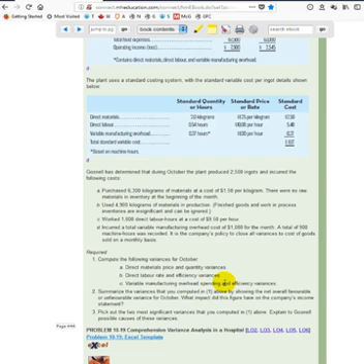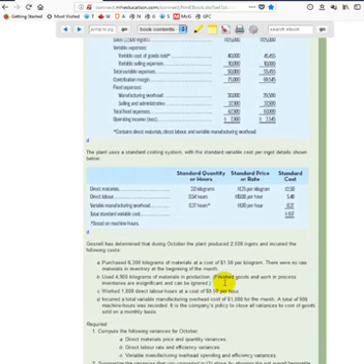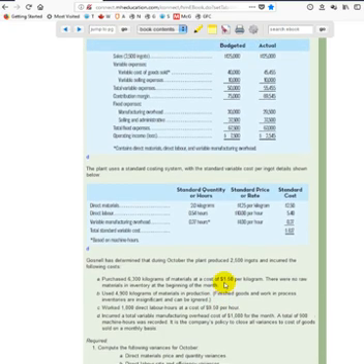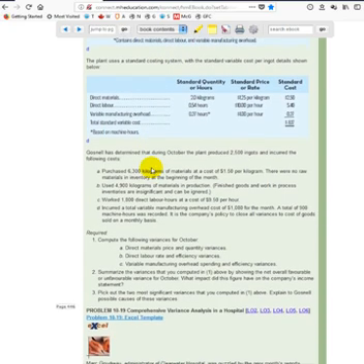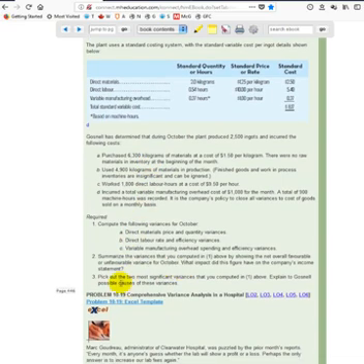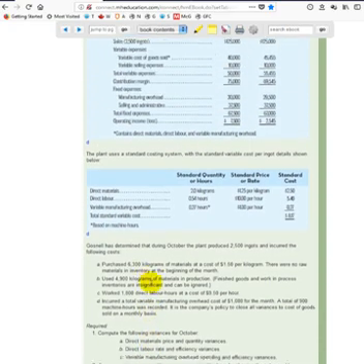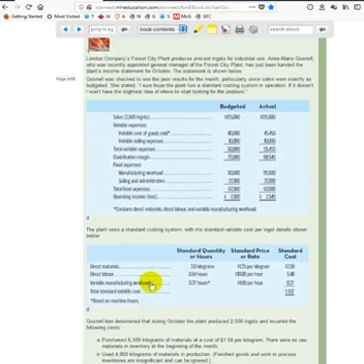So we'll add all of that up, and we'll see that it actually explains the difference between the variable expenses here, between those two numbers, the budgeted and actual amount for variable expenses. And then it says pick out the two most significant variances you computed in one above and explain to Gosnell the possible causes for these variances. Once again, quick review. Gosnell is